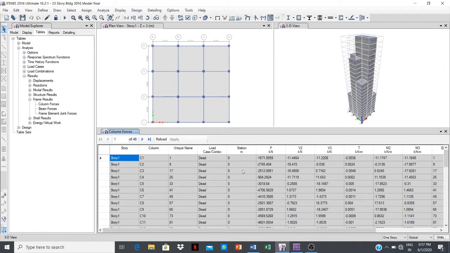For column C1, a dead load of 1671.8559 is there. Likewise, for column C2, an actual dead load of 2745.404 is there. So we will note down all these loads, and likewise